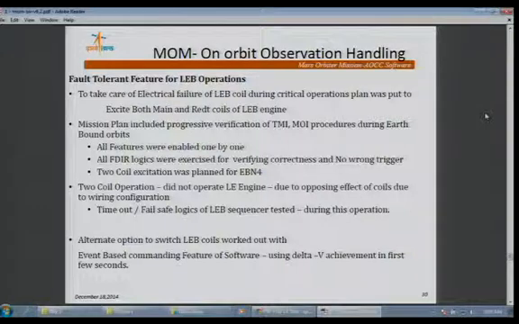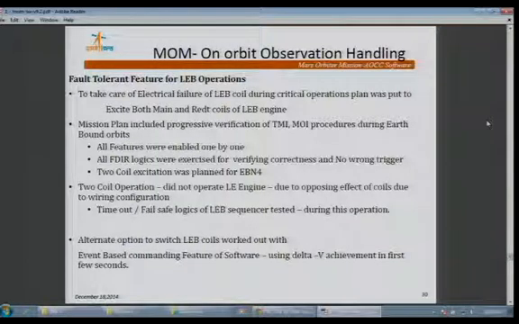And there was one requirement which was always envisaged, that in case of electrical failure of the liquid engine coil, during the operation there was a requirement to excite both coils together. That was one of the requirements, and this test was carried out during EBN4, that is the fourth earthbound maneuver. But due to the opposing effect of the coils, which was known only at that time, it was not tested in the initial phase due to some conditions. Due to this, the engine did not operate. This was a major observation.